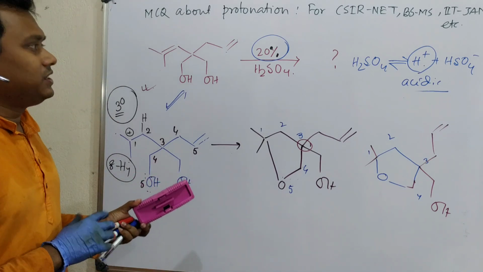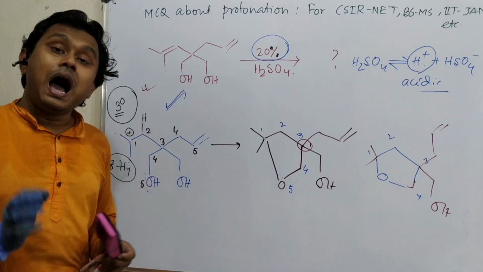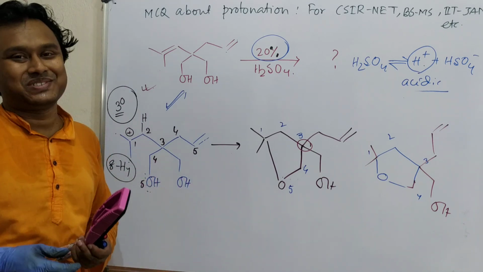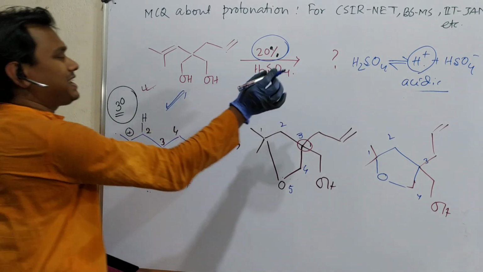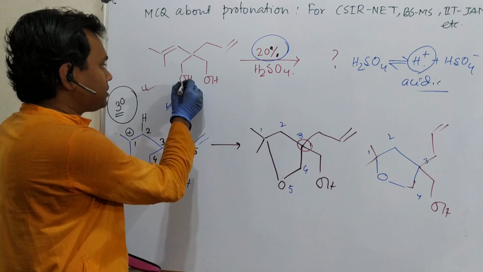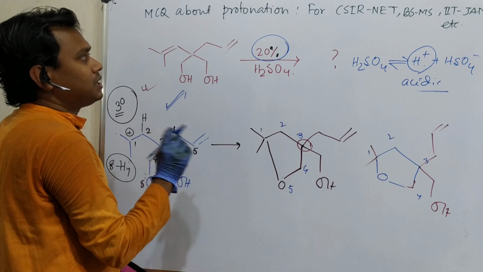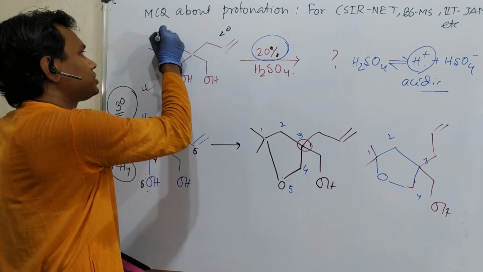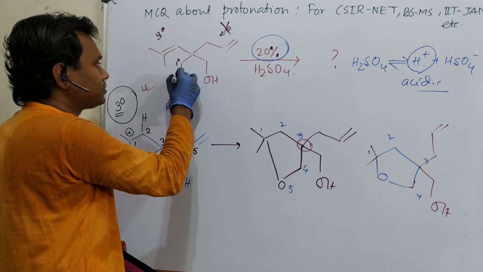Now a question: if this question is provided to you, how can you answer it in less than 30 seconds? It's a very easy question. When you look at this molecule, sulfuric acid means it's a protonation reaction. Alkene, so where is protonation possible? Here, here, here. Here is secondary, here tertiary. So this will not, versus this is hydroxyl. If it leaves, it gives primary, so this is also not.